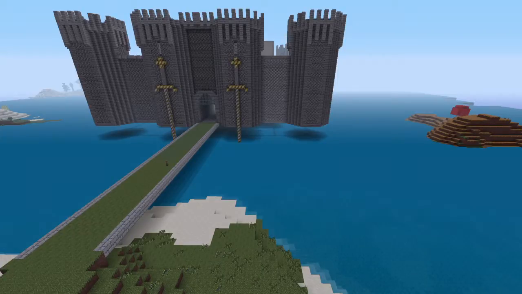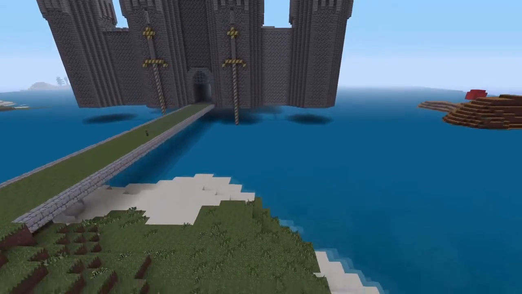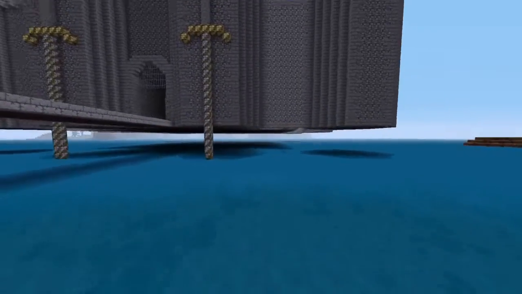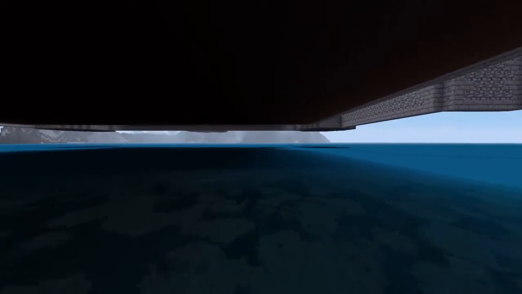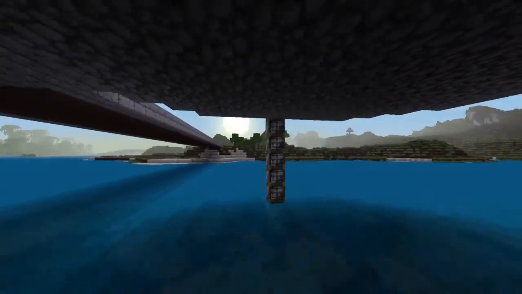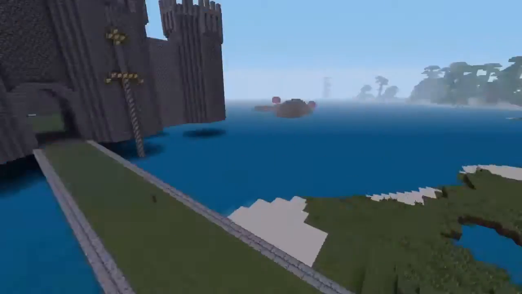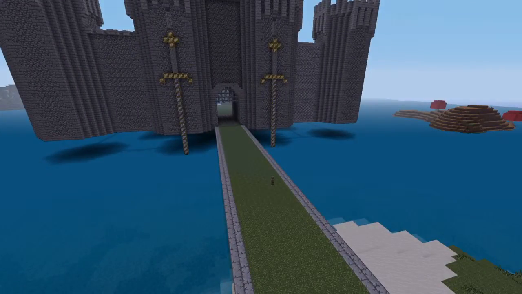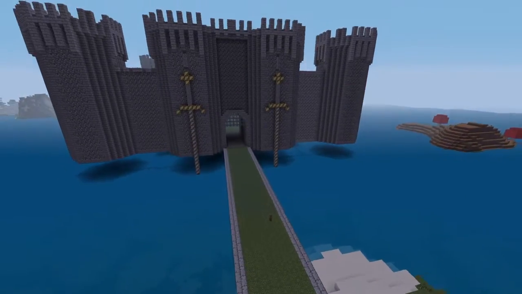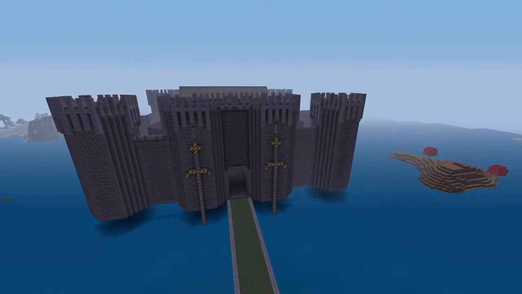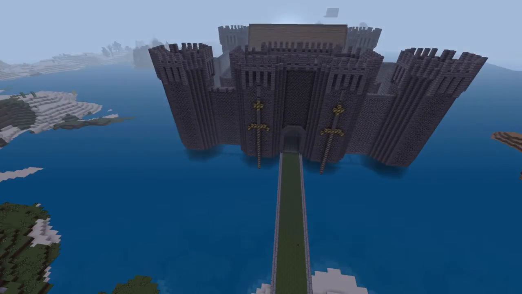Yeah, in East Sussex. So this one is built in the middle of a lake or oceany bit. I haven't built any land underneath it, but you would want to build some sort of landform underneath it to make it look more realistic, and the slopes as well, for it to be able to sit on the landscape. The reason I've built this in the middle here, because it's mainly a defensive castle, so you want a massive